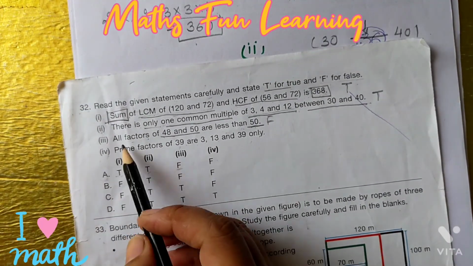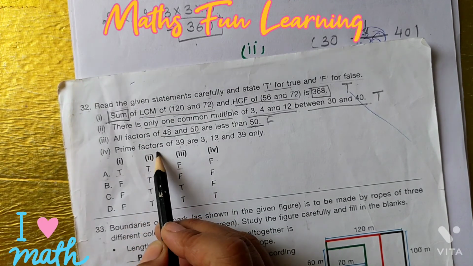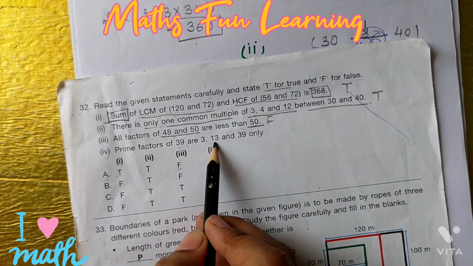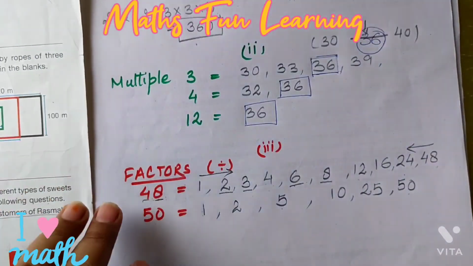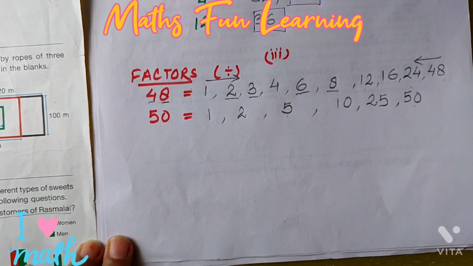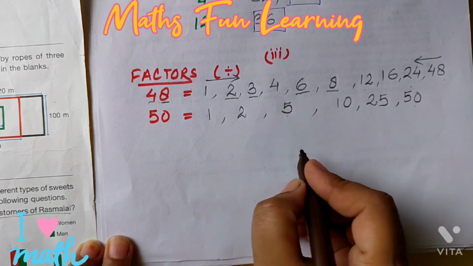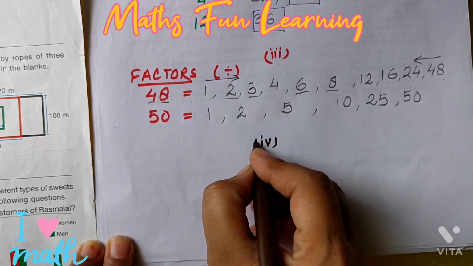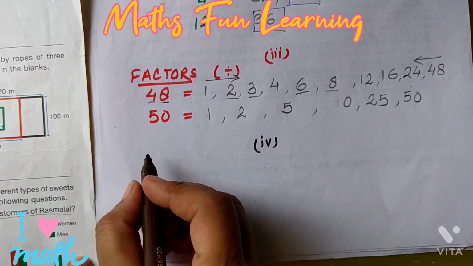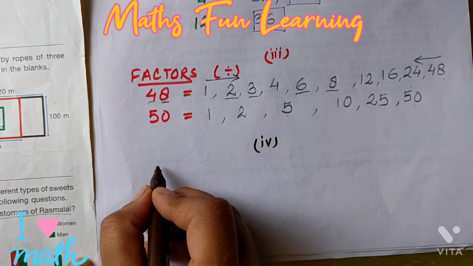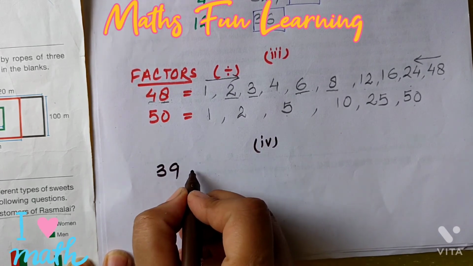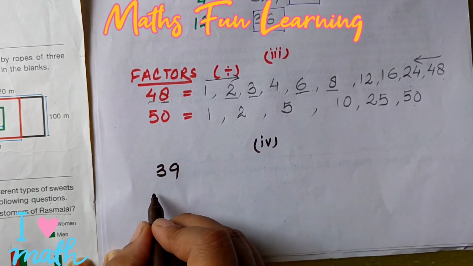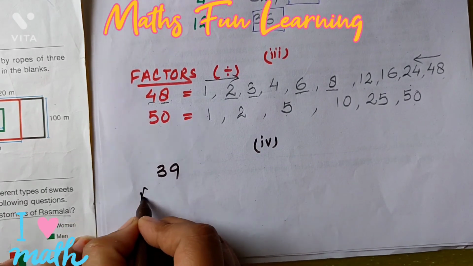Okay. Now let's see the fourth part. Prime factors of 39 are 3, 13 and 39 only. Let's see, kids. Use another pen. Okay, fourth part. Now, they said the prime factors. So we have to find out the prime factors of 39. Okay, let's find out the factors